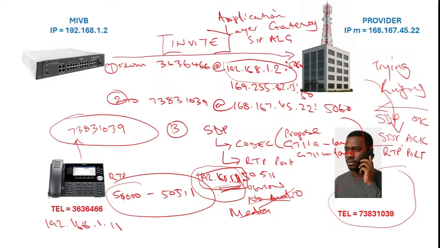But we know that for this provider, its RTP ports are from a range of 10,000 to 65534. So it's just going to pick any port here at random, and, okay, let's clean the board, and